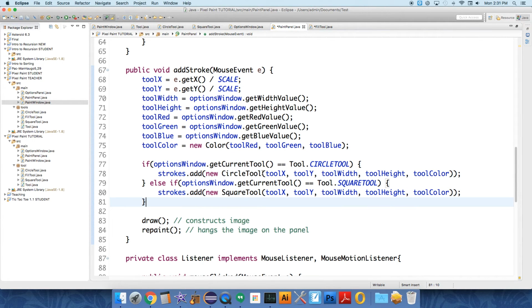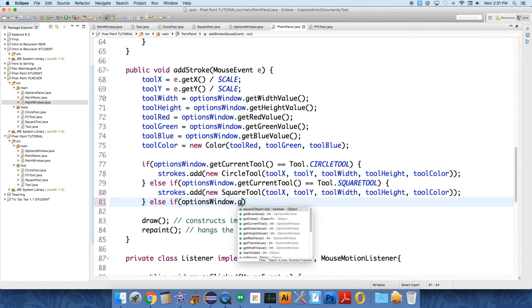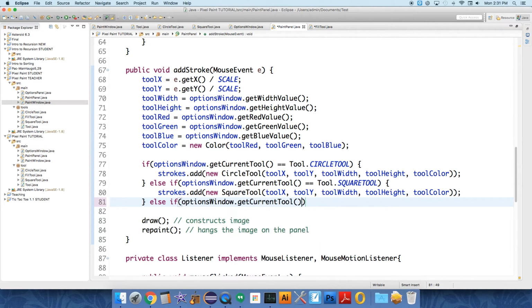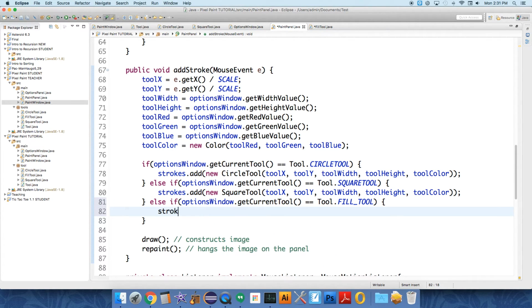So in our Paint Panel, all I need to do is set it up: else if options window dot get current tool equals tool dot square tool dot fill tool. Then I want to add to strokes a new fill tool object, and I want to do that at tool X and tool Y, which is where they clicked,